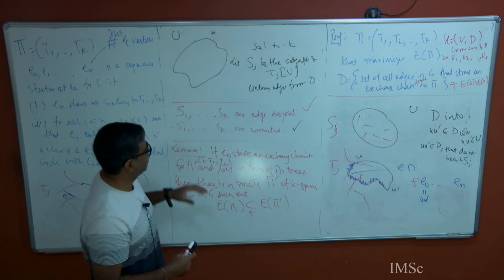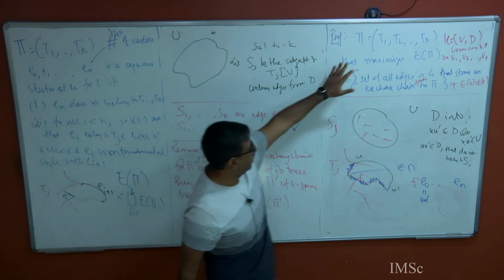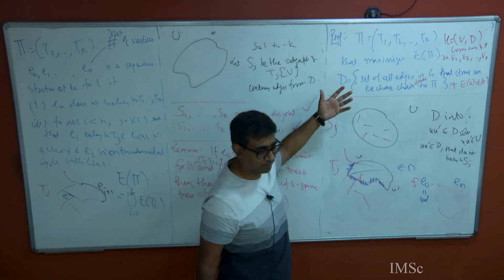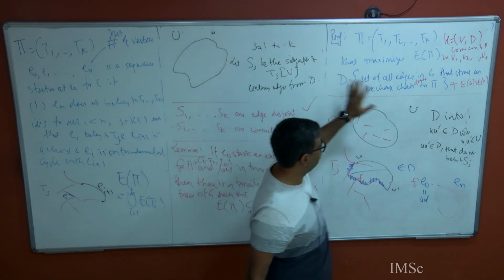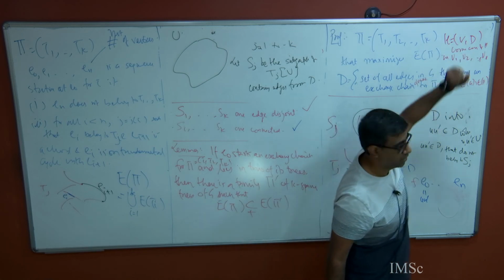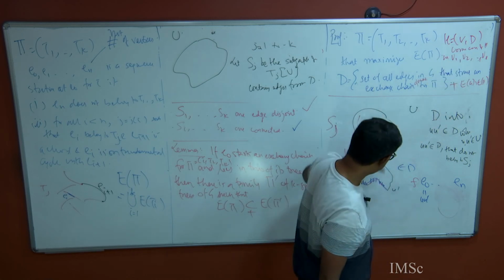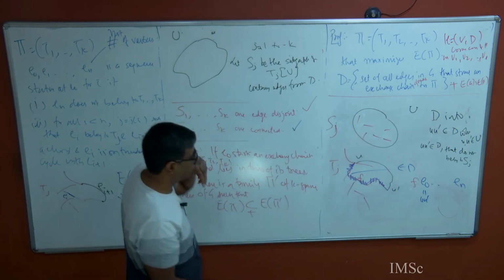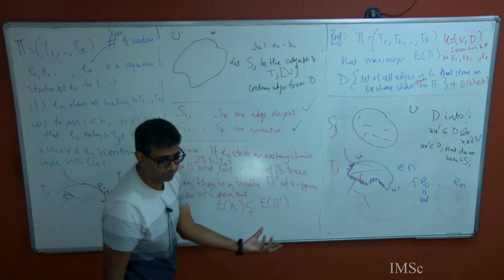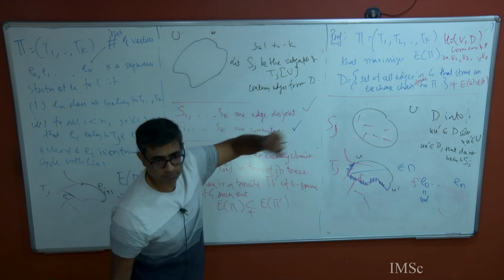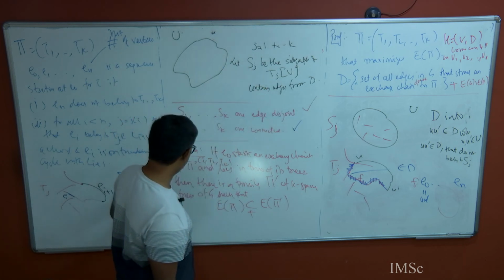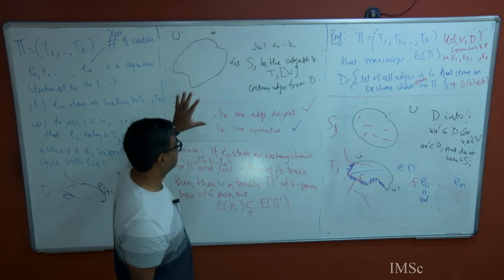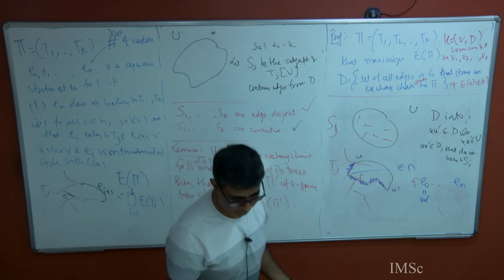So what happened? We started with a family of spanning trees that maximizes something. Then we look at all the objects, which is this. We have done this, and so on and so forth. And I told you how we are going to get this: look at this set of T edges. So I have still not proved this lemma. We'll come back to that lemma. But now I also want to prove the last fact.